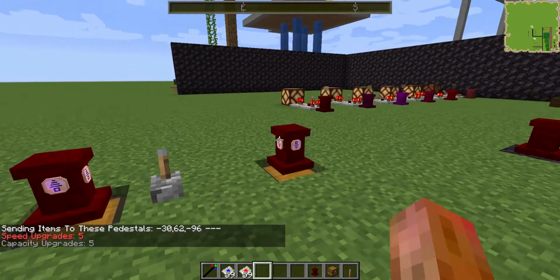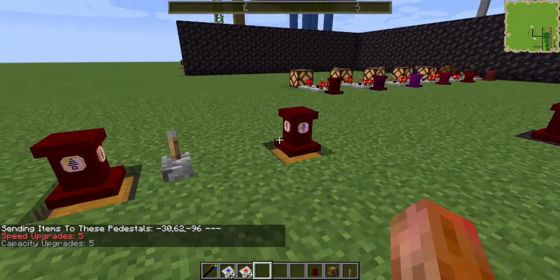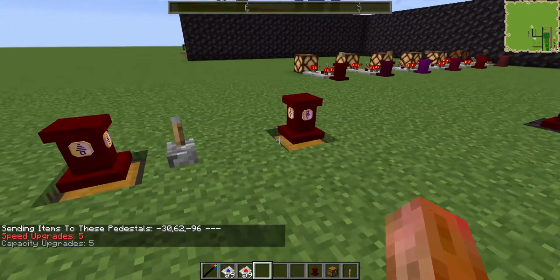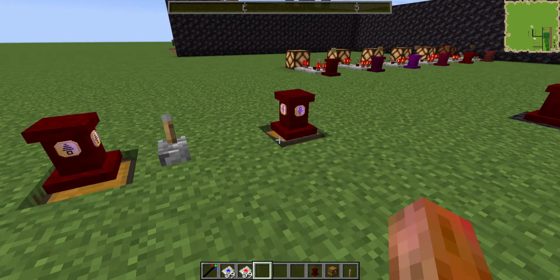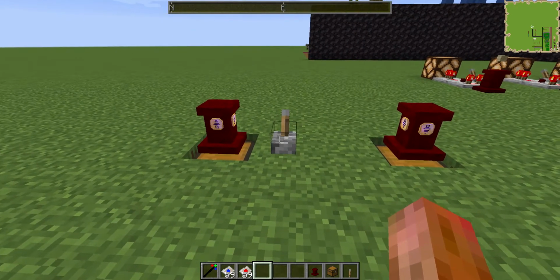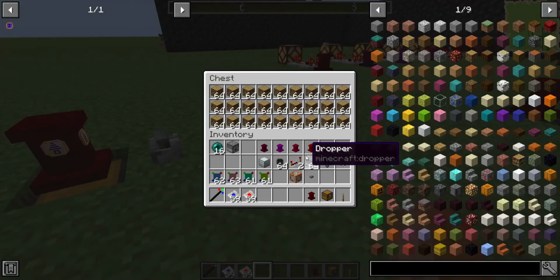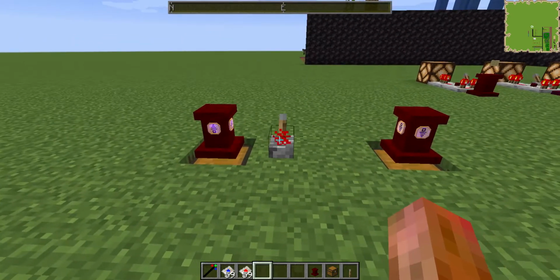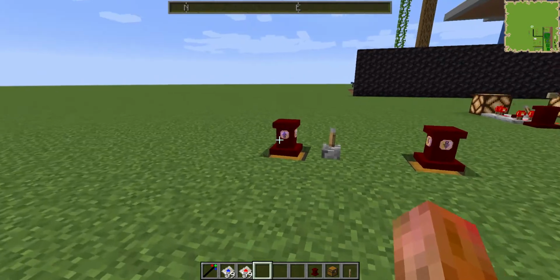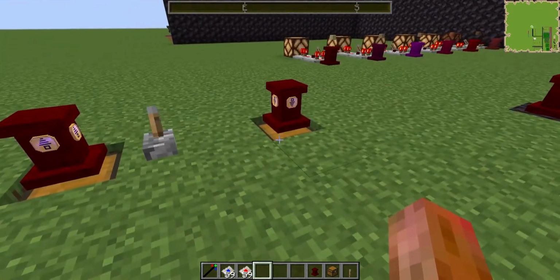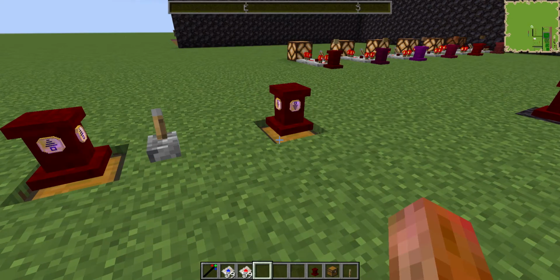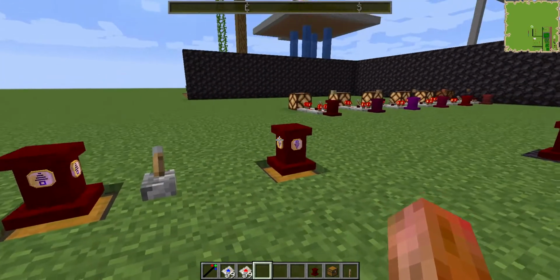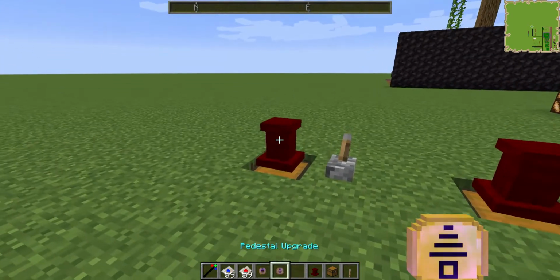This one is just receiving items. It does not need upgraded. Only the sending pedestals need upgraded. So that is kind of nice, is you only need to upgrade one side. And then with that, if I am quick enough, you'll notice that chest fills up really quick. So speeding up your pedestals and speeding up your upgrades can turn into some pretty insane speed builds, and that's really fun